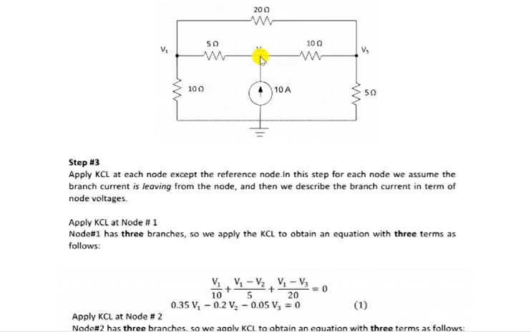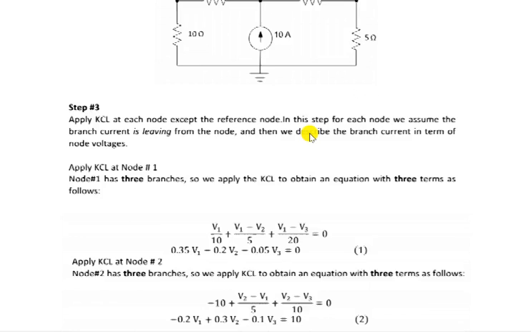Now for the second equation, what can we write? At whichever node we are writing the KCL, we give preference to that particular node and take it as the first term. That is V1 minus 0, V1 minus V2, V1 minus V3. For V2, V2 minus V1, V2 minus V3, like that. So you have to think and do.